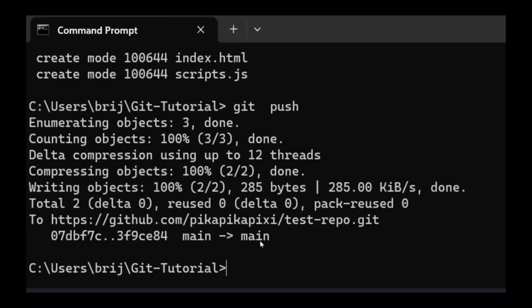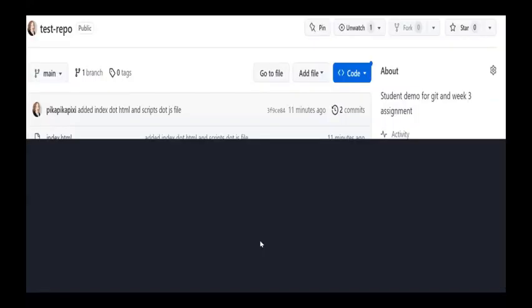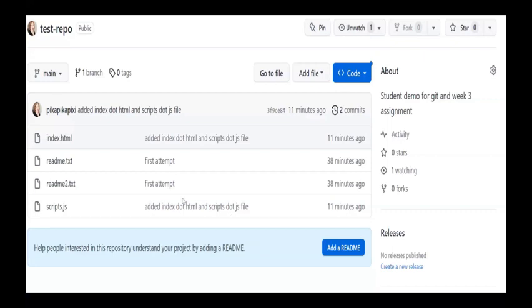It went to the main where it was supposed to go. And voila, there are my files: index.html, readme.txt, readme2.txt, scripts.js, and that was an interesting project, but I learned a lot, and I look forward to learning more